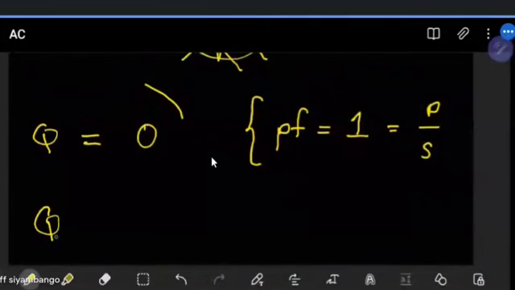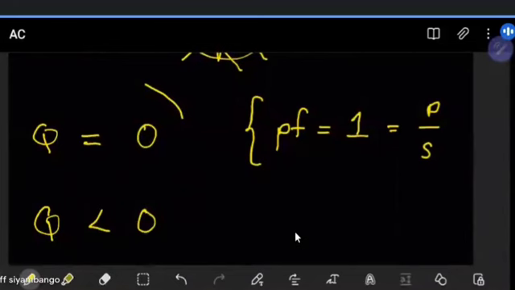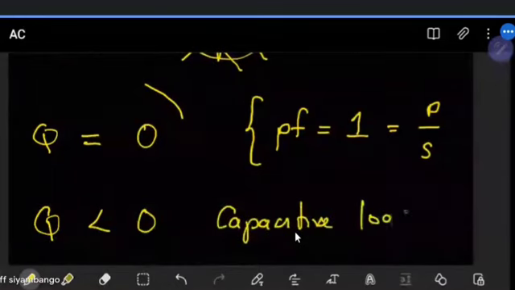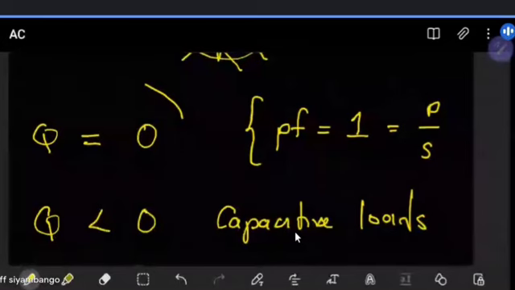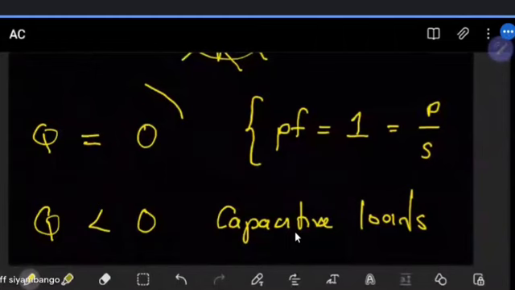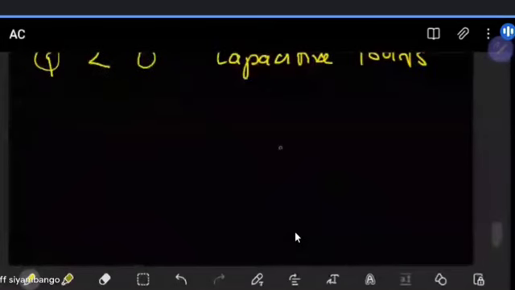Now let's say Q is less than 0. What does that imply? Well, if Q is less than 0, it then means that you have a capacitive load. And what did we say when you're dealing with capacitive loads? For capacitive loads, we had the current leading the voltage. What happens in such a case if we draw a phasor diagram for such a scenario? Because Q is less than 0, we're going to end up in a situation where